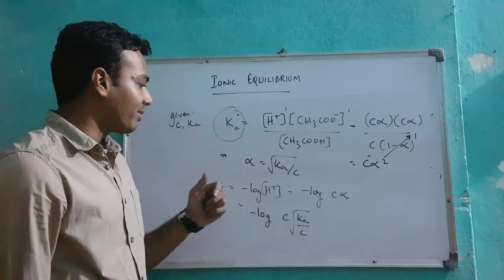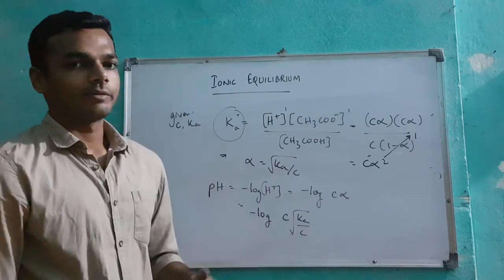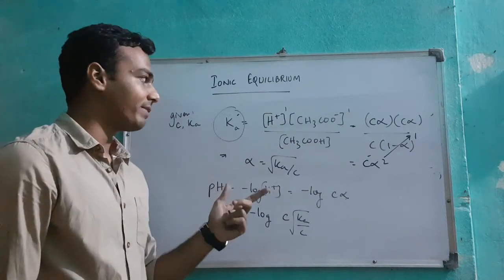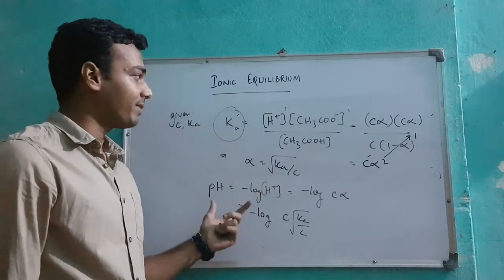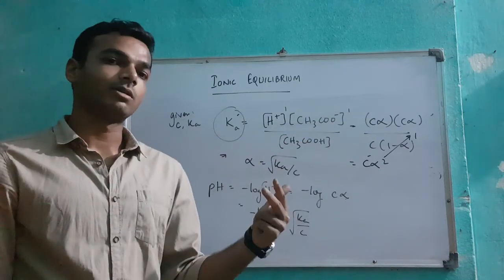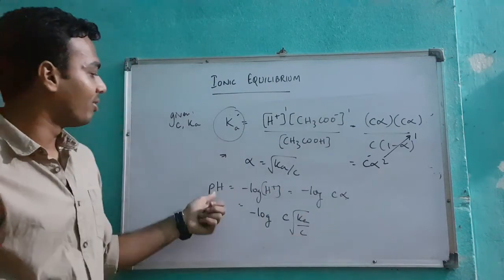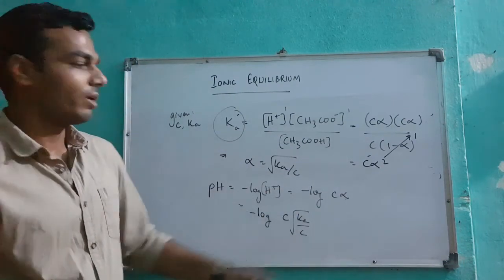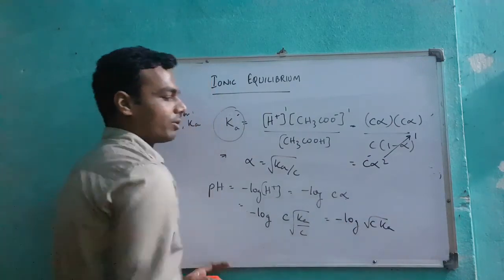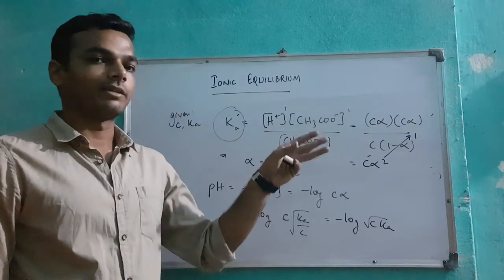Now, here you can see that you get the pH value as minus log root CK. Many books generalize this as a formula, but again, as I said, this is specific only to this reaction, the specific monobasic acid CH3COOH. If the amount of H plus produced is more, you'll find a different value here, and likewise you'll find a different formula here. Now I can write this as minus log root CK. This is the general derivation you have to go through for doing anything.